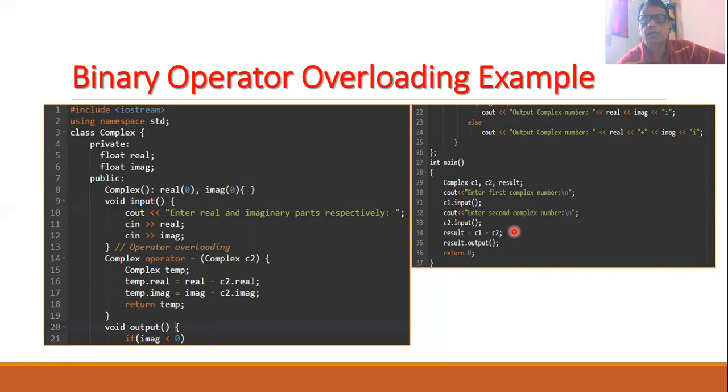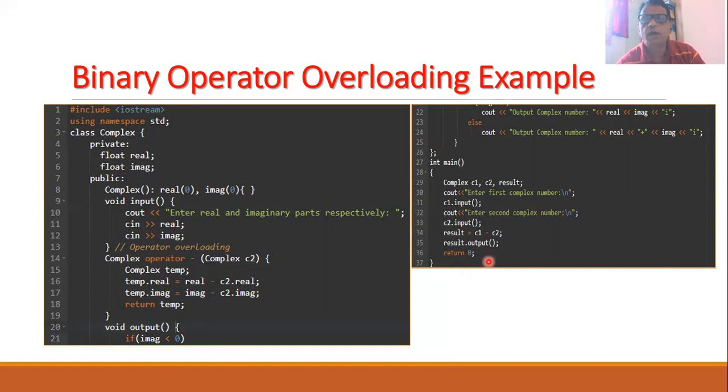This is possible because we have overloaded the minus operator for the class complex. And then finally, we will display the result by using the function result.output. And we return 0 because our main function is of the type integer.